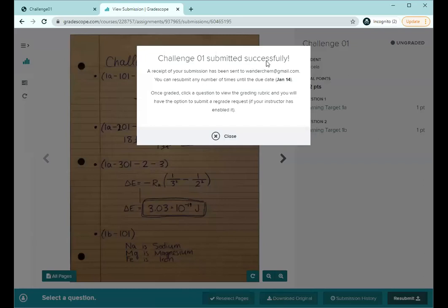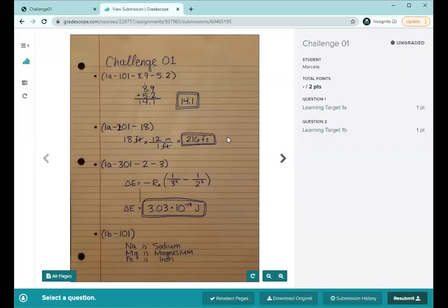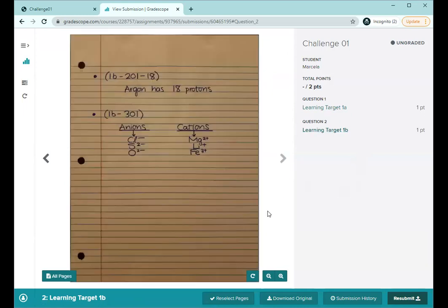It'll say that it was submitted successfully. You should also get an email confirmation. We'll go ahead and close this. And to double check that you have assigned the pages correctly, go ahead and on the side here, click on target 1A. You should see the page or pages that have target 1A. And when you click target 1B, you will see the first page, and if I click on this arrow, I can also see the second page.